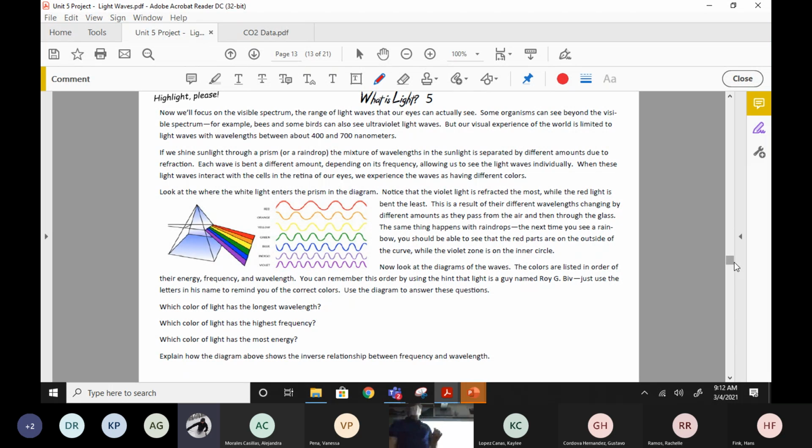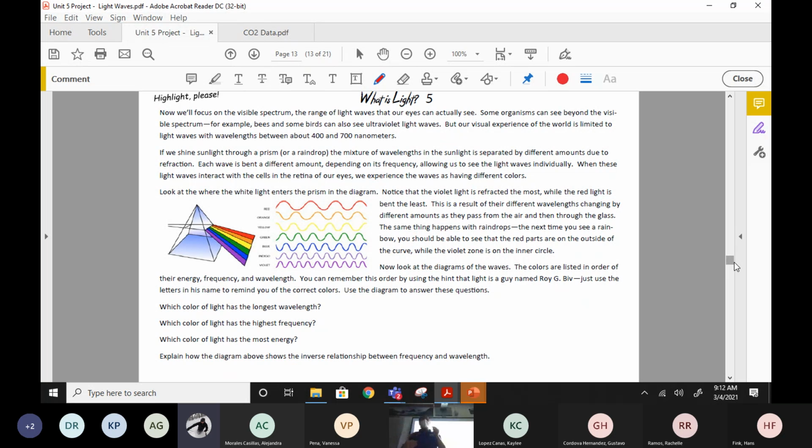Something to think about. So the other way to split the light, besides a prism or raindrops, is with this thing we call a diffraction grating, which could either be made out of glass or plastic. Imagine a graph of plastic. So take the graph paper that we have, and every little box is a bump. Can you visualize that in your mind? It's a plastic piece of graph paper, but every little box is a bump.